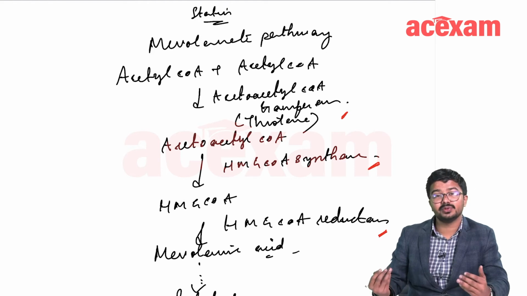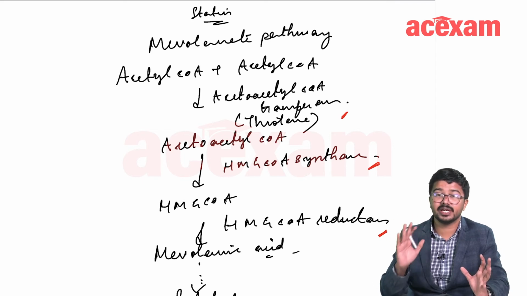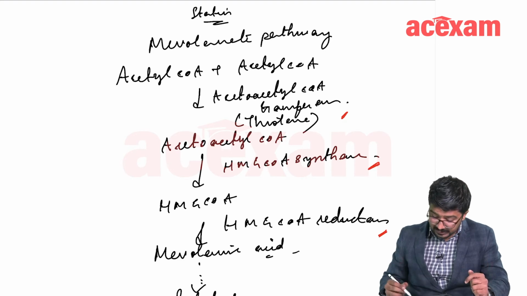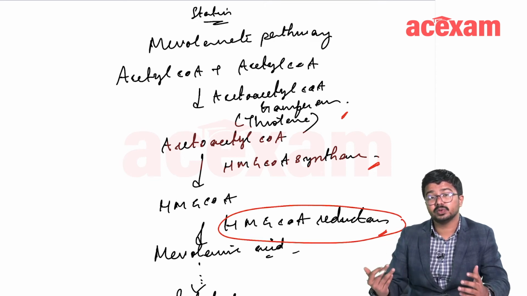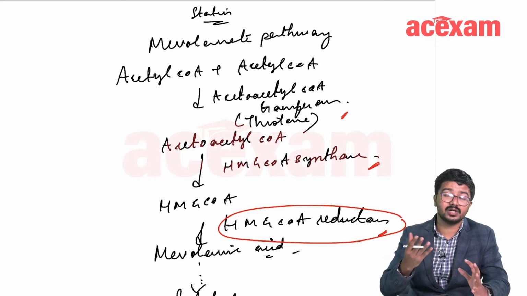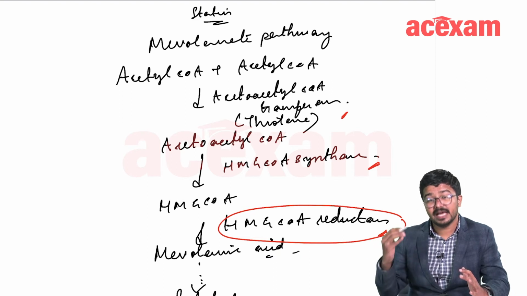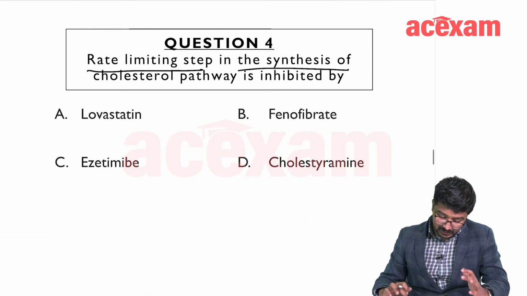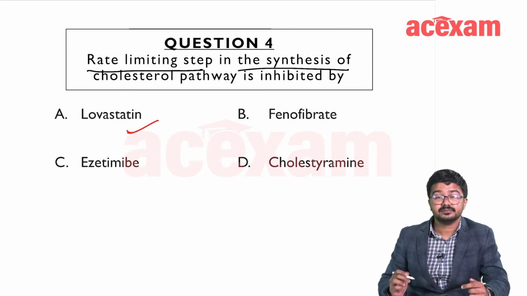thiolase. Obviously you would have definitely read before, so you will be narrowing that between HMG-CoA. Yes, HMG-CoA should be in the word, but whether it is going to be a synthase or reductase, the answer is reductase. Why? Because that is the rate limiting step. It is not the synthase. So there are other multiple MCQs which come where they confuse with the options being both the synthase as well as reductase. Always remember, it causes inhibition of the HMG-CoA reductase, right? So with this, the answer of this particular question becomes clear right now itself. So the answer is going to be lovastatin, right?